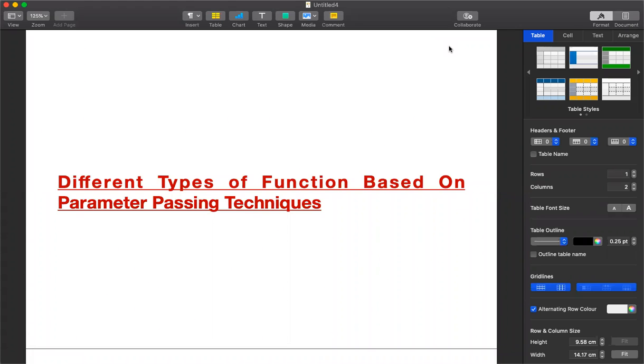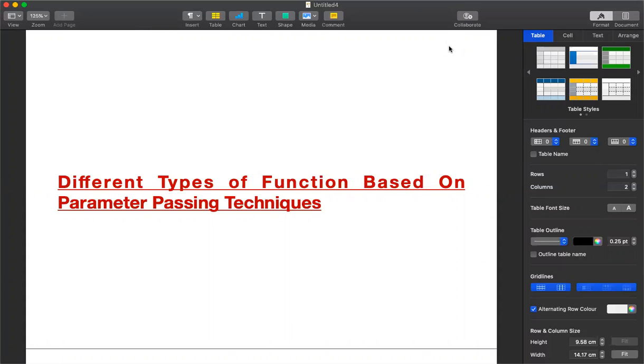So today, what we are going to see is different types of functions based on parameter passing techniques. In simple terms, we are going to see parameter passing techniques. As we discussed in the last class regarding actual parameters and formal parameters, we saw the use of actual parameters and what the formal parameters do.